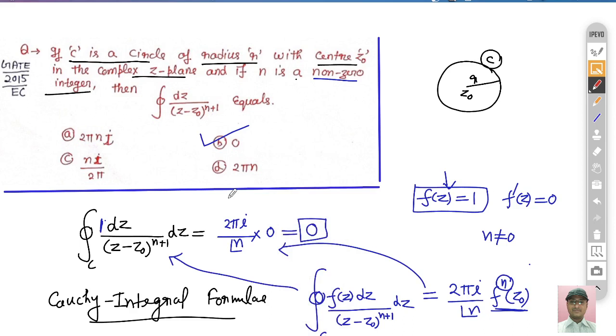So this is the summary of today's lecture. In the next lecture we will try to cover more problems based on these important formulas, because, as I told you in the first lecture, most of the problems are asked in complex integration. Complex variable is based on complex integration, and also the Cauchy-Riemann equations, analytic functions, then we move on to Taylor series. A few problems are based on modulus and limit. So these are the important problems, which are basically based on complex integration. In the next lecture I will try to cover more problems based on this.